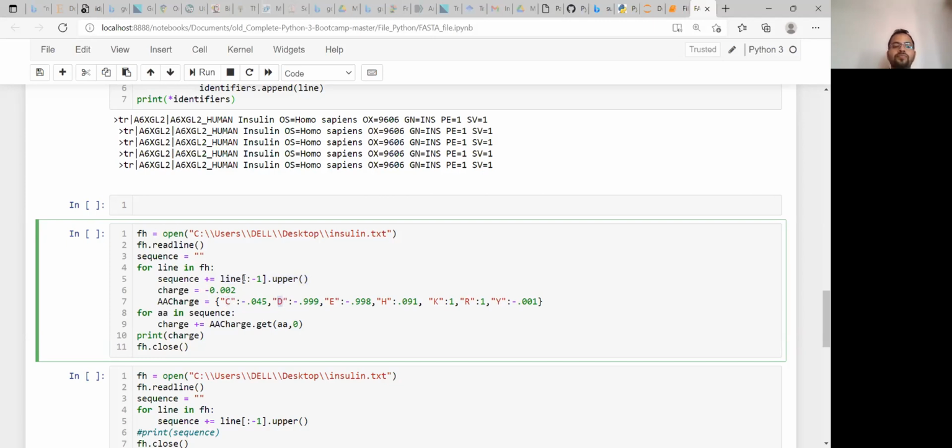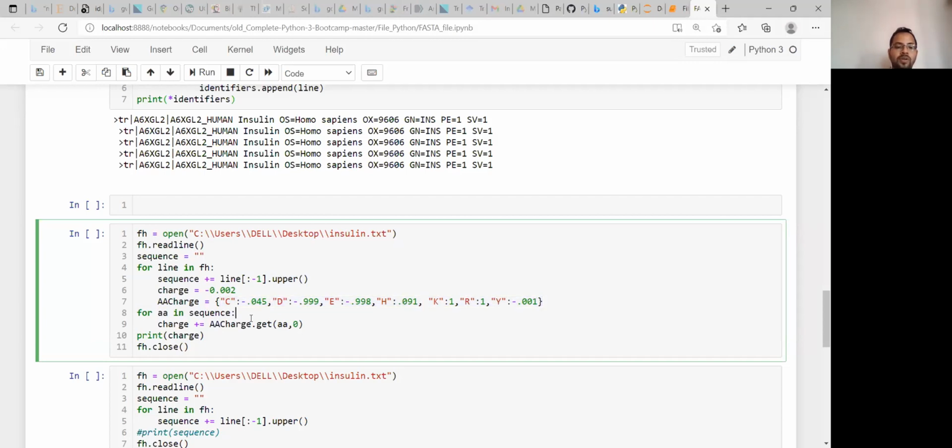In FASTA format, if any letter is in small case, it will be converted to uppercase. That's why we have used upper here. The amino acid charges are also given in a dictionary format. I hope you know how to write a dictionary. So this is the method.